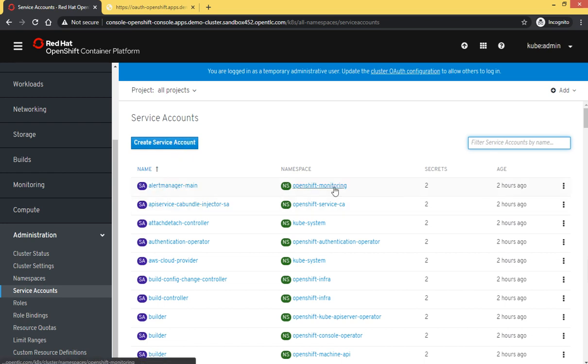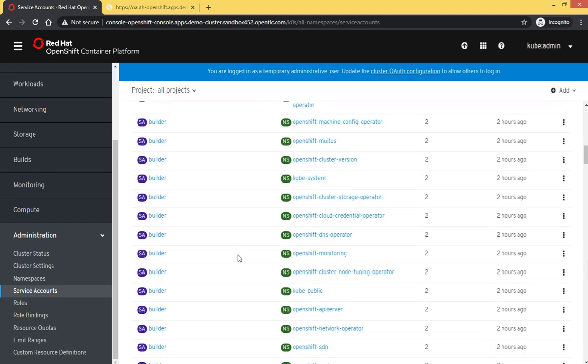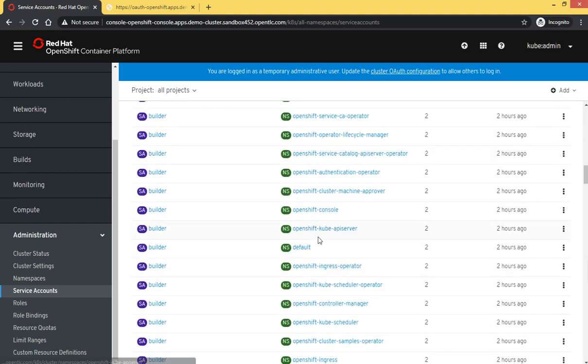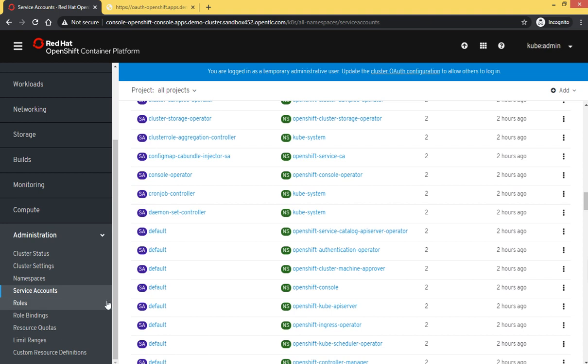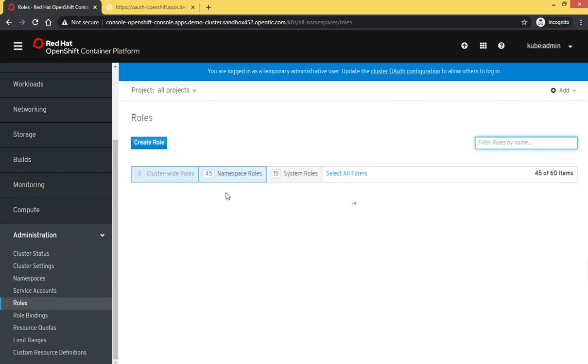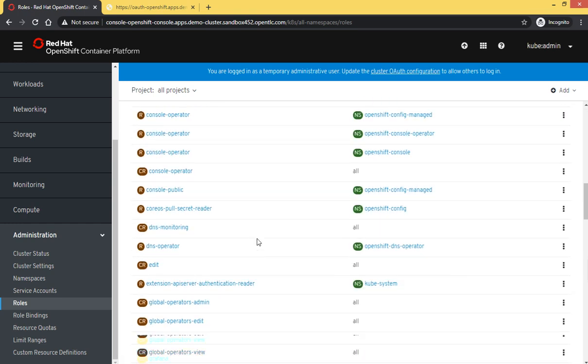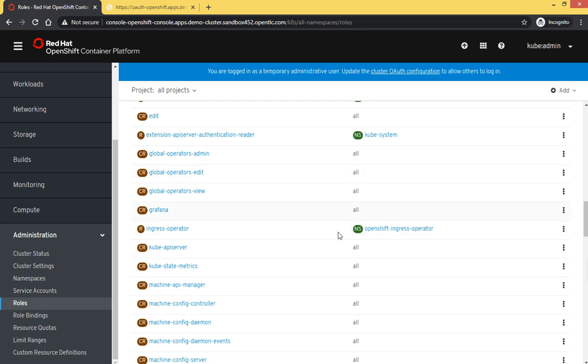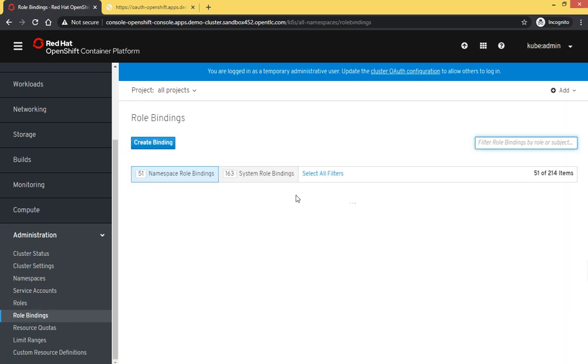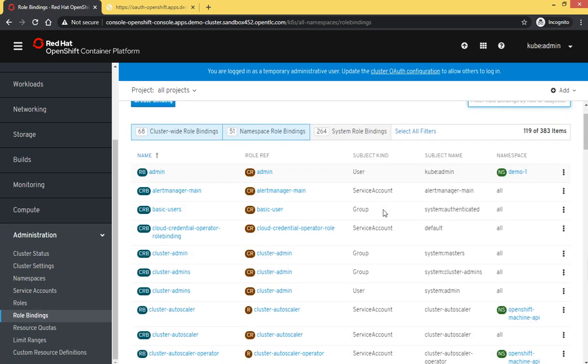We can create new service accounts as well, but we already have a lot of service accounts internally for OpenShift. We have roles, about 238 roles: 120 system roles, 45 namespace, and 67 cluster-wide roles. For those roles we have role bindings.